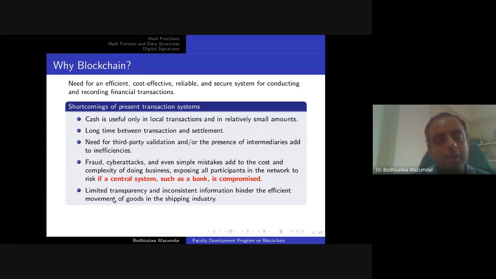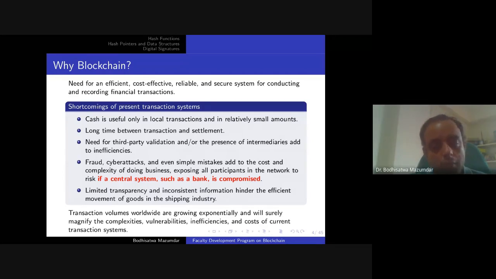So we have limited transparency and inconsistent information that hinders the movement of goods in the shipping industry. Most often it happens in the shipping industry. Transaction volumes worldwide are growing exponentially and will surely magnify the complexities, vulnerabilities, and inefficiencies. Most often this increases the cost of current transaction systems. So that's why, in place of a central banking system, most often a blockchain system can be a much more